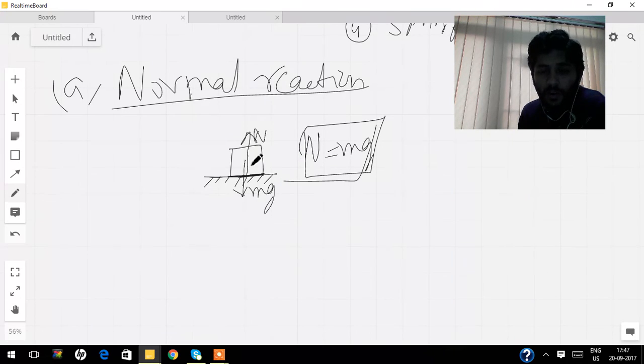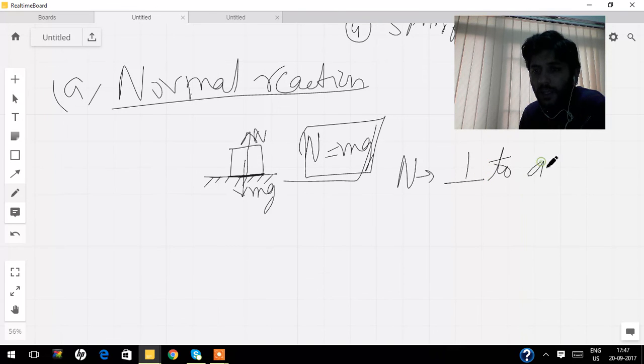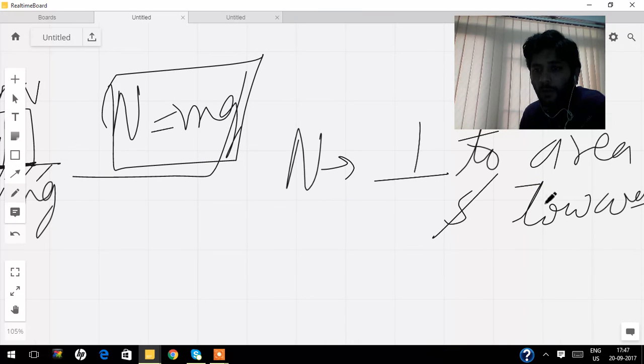So this normal reaction always acts perpendicular to the area of contact, and it acts towards the body. So how does it act? Normal reaction acts perpendicular to the area and towards the body. Okay, so this is how the normal reaction acts. Now when we are talking about the normal reaction,